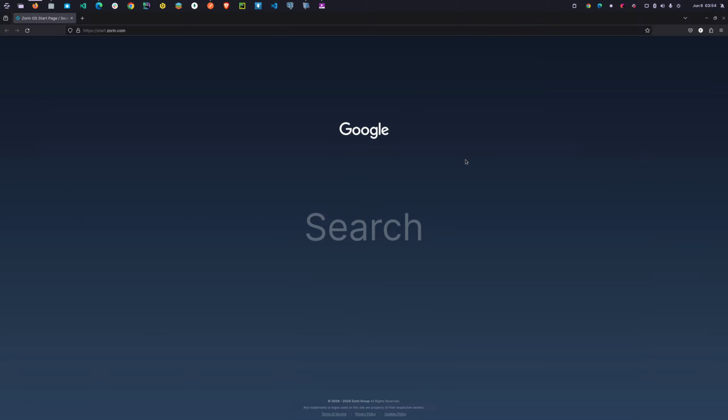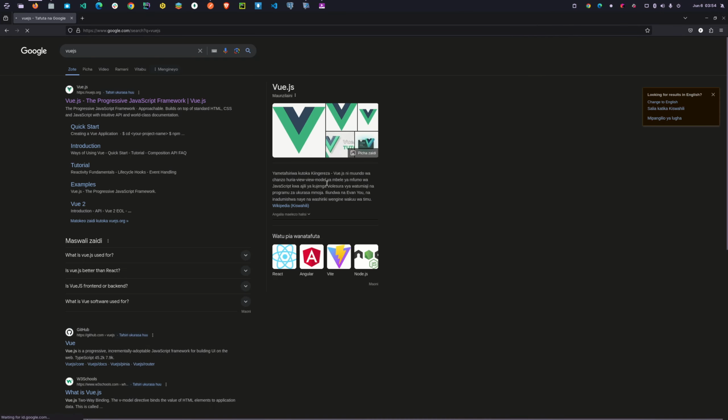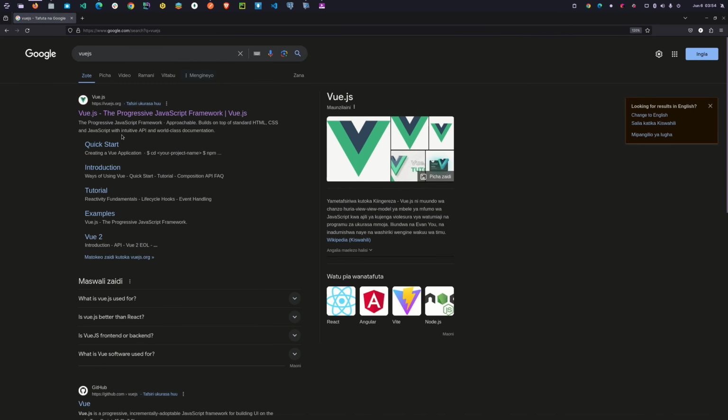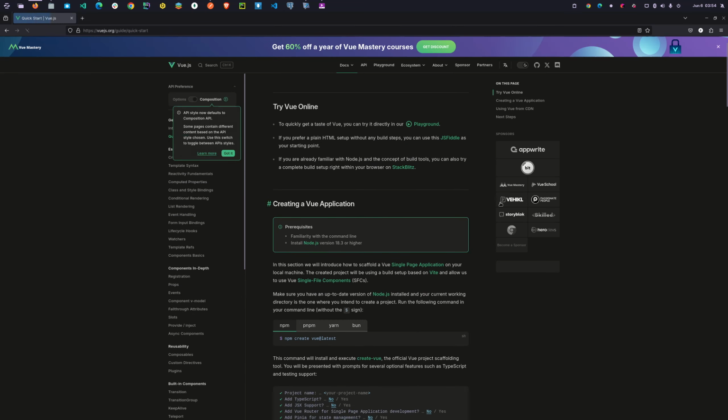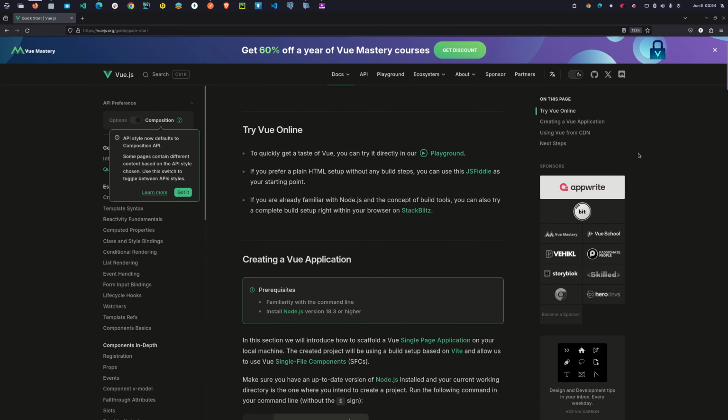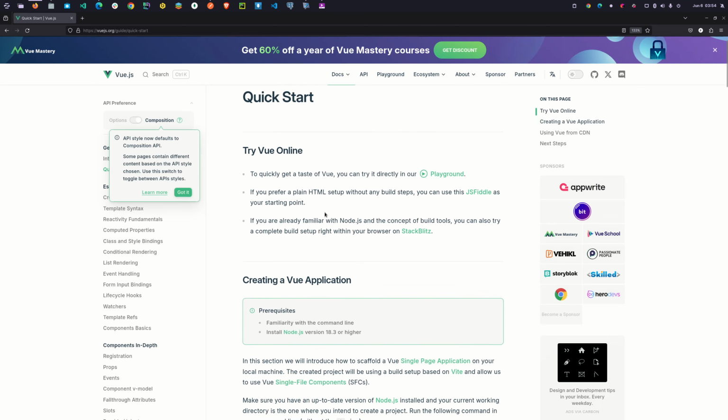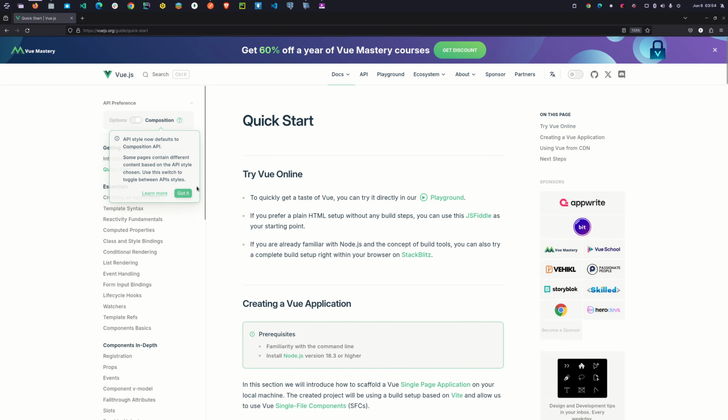So let me just open up my browser and I can just search Vue.js. So if I come to Vue.js, what we'll be having here is Vue, the progressive framework. So we'll click on quick start. Then on the quick start, let me just change this to light theme so that it's quite clear. Okay, so when you get to this page,